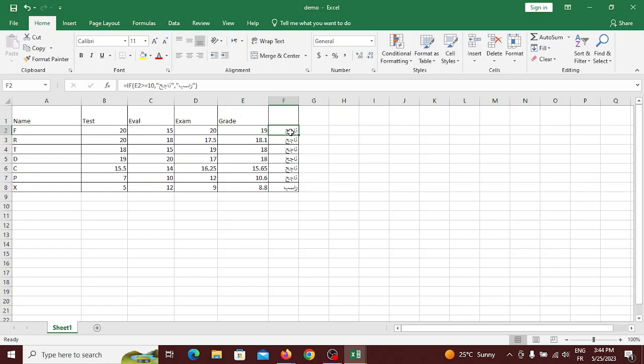Now notice here the decision which is ناجح or راسب depends on the value of E2, which is this cell right here, which is E, the intersection between the column E and the line number 2, okay? 19. Now this decision, let's for example go to another one. Let's go to this right here. Let's give him an 8 and watch how this cell changes. And once this cell changes, the decision function here changes to rasib. Okay,